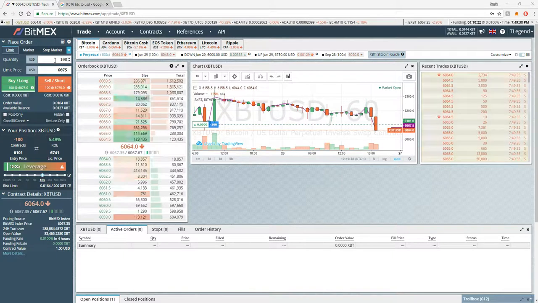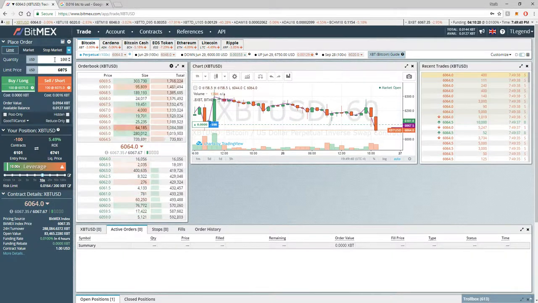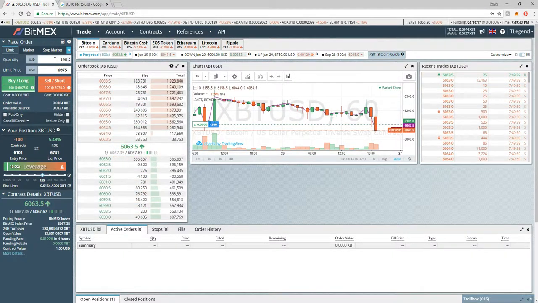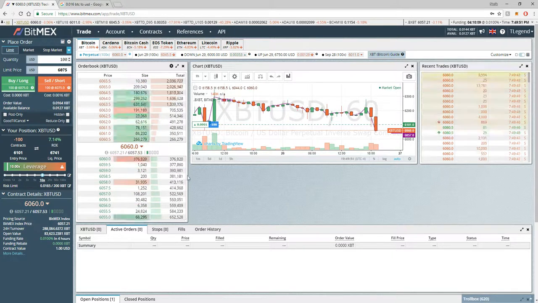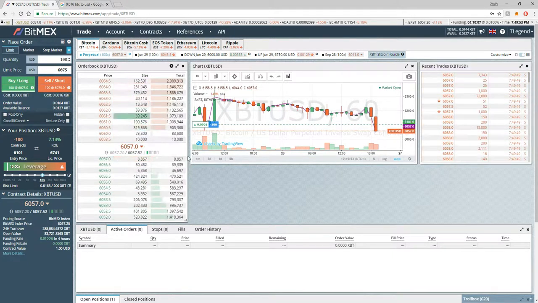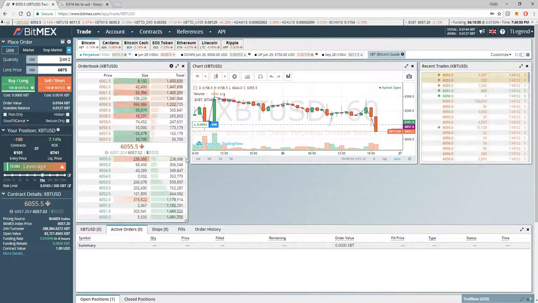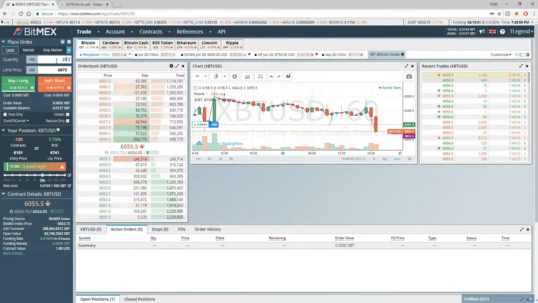Now, let's say you wanted to try to catch a bounce, so you think Bitcoin's going to go to 5,100, and you think it's going to bounce right off there and come straight back up, and you wanted to close your profit but also take the opportunity of possibly opening a long. I could type in 200 USD because I have 100 right now as an active order,